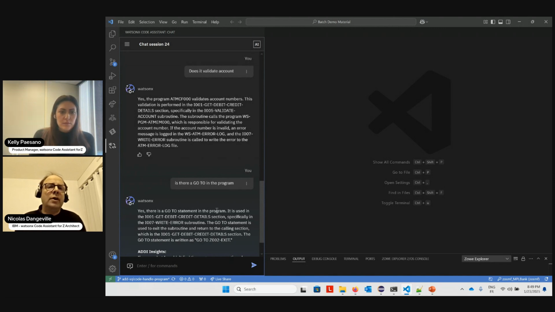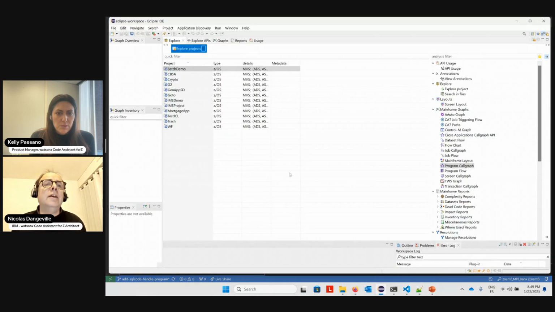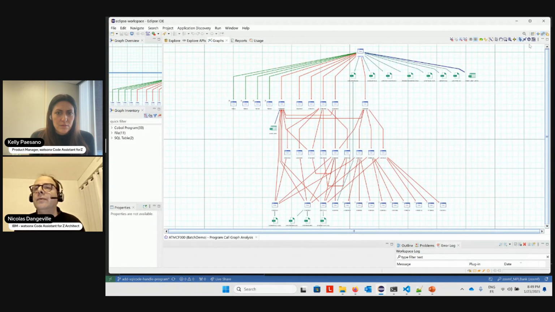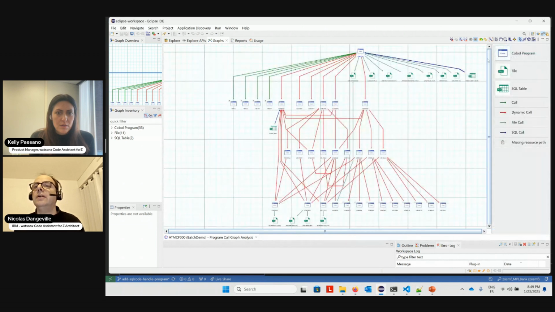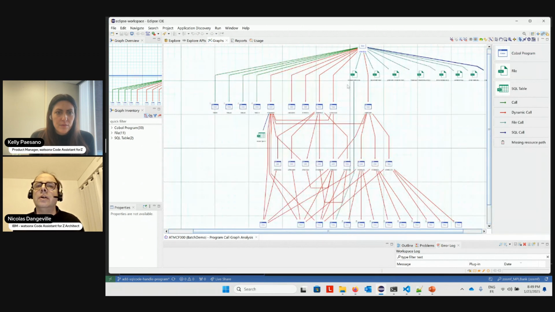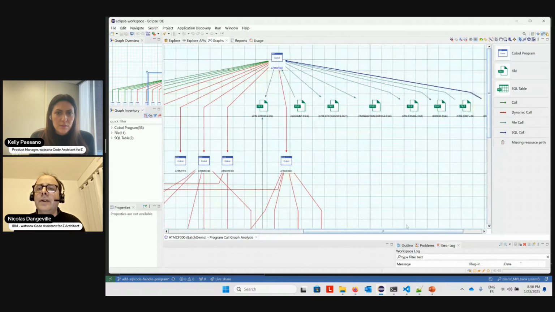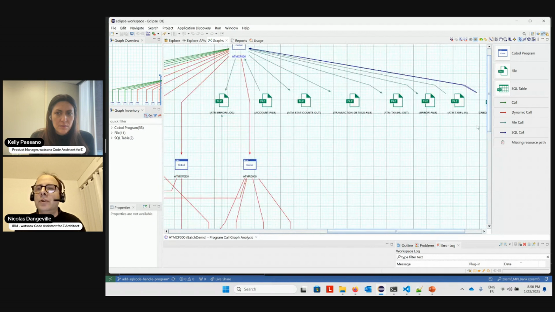And what I'm going to do now is to jump to the understand capability that Kelly has described in the wheel, which is in this tool. And what I'm going to do is ask to display a graph about the relationships of this program with the others, including its resources. So let me display the legend here to give you the meaning of the various icons that we see here. And what do we see? Let's zoom a little bit more.